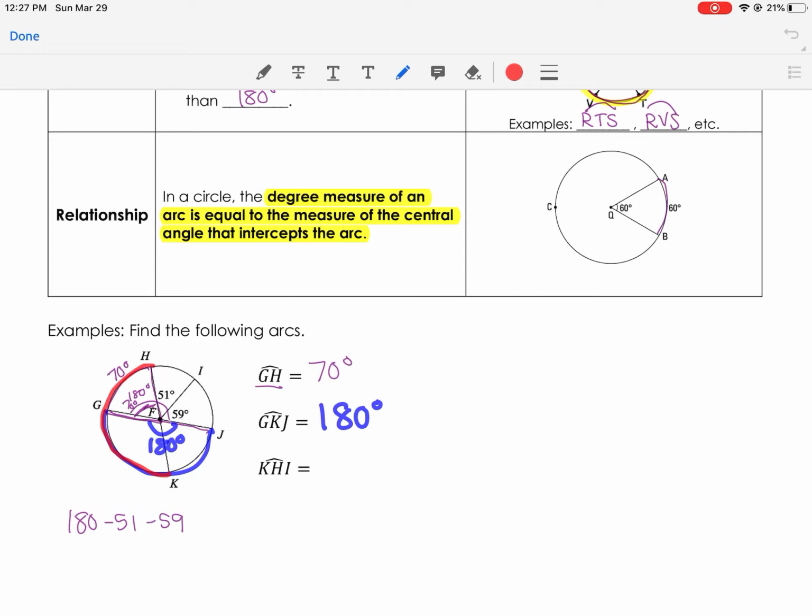Okay, on the last one, we've got K to H to I. With this one, I always look for that 180. So notice right there, you've got the straight angle. So this whole part here, from K to G to H, is 180. And then I've got H to I, which I know that central angle is 51, so this is also 51. So I'm going to take 180 plus 51, and I end up